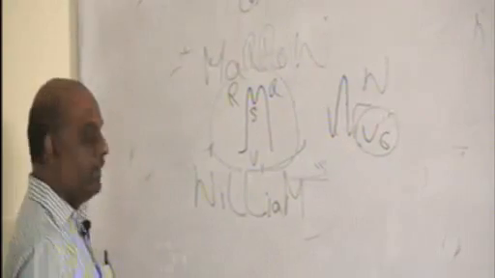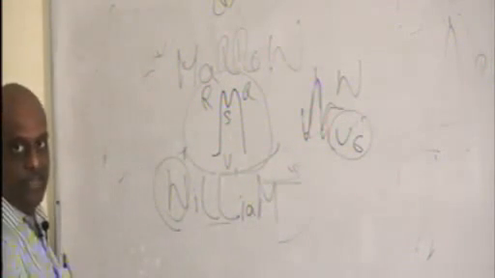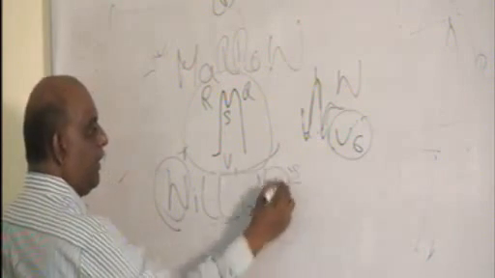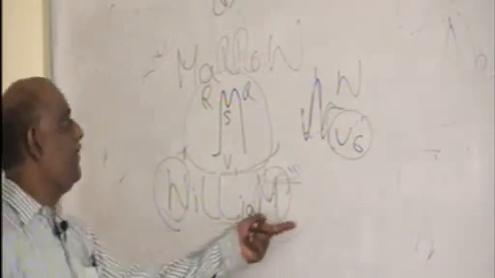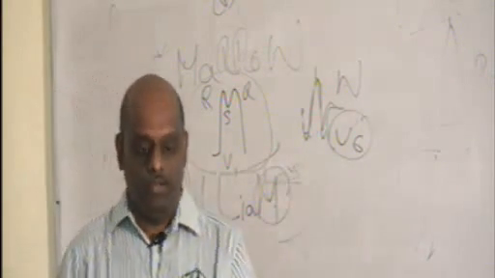If you find this pattern, reverse is what? William. W-I-L-L-I-A-M. Left bundle branch block, how is it recognized? Same. QRS, if you find it in the lead V1, and RSR you are able to find in the lead V6, then that is basically called left bundle branch block, is what you have to remember.